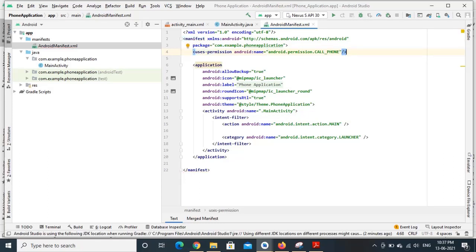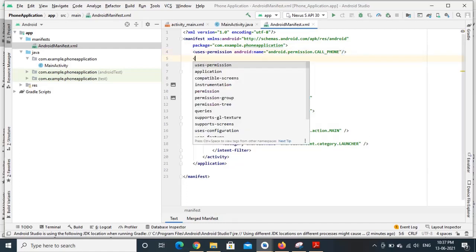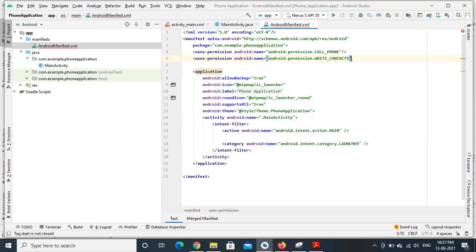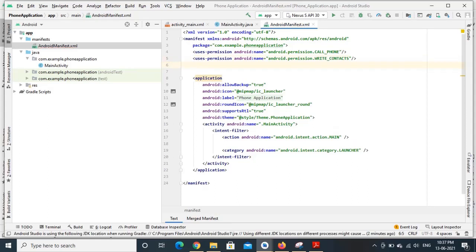Like that, we also need to provide another permission for writing the contacts. To store the contact, we have to provide another permission which is called WRITE_CONTACTS. And we also give READ_CONTACTS.